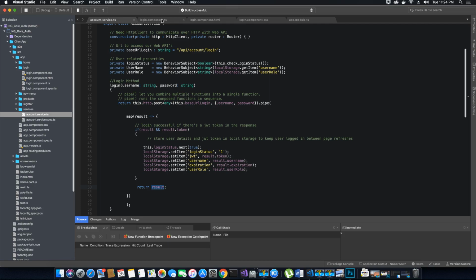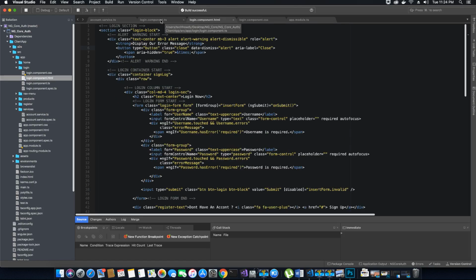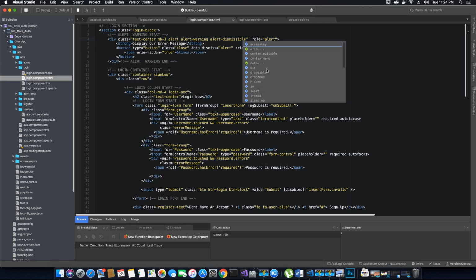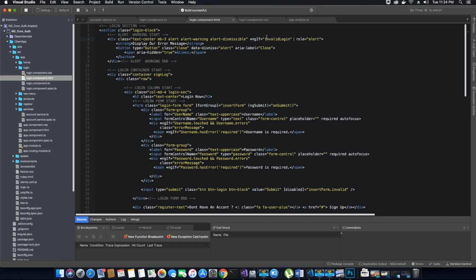Since it is a boolean which will tell us if the user's login is valid or invalid, we want to use an ngIf over here. So we will use the ngIf condition, which will check if invalidLogin is true, which means the user's login details are not correct. I'm going to replace this error message